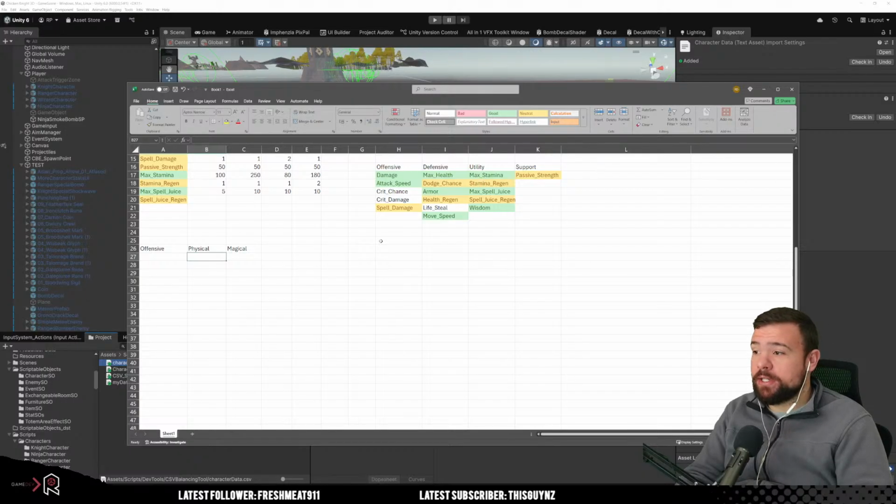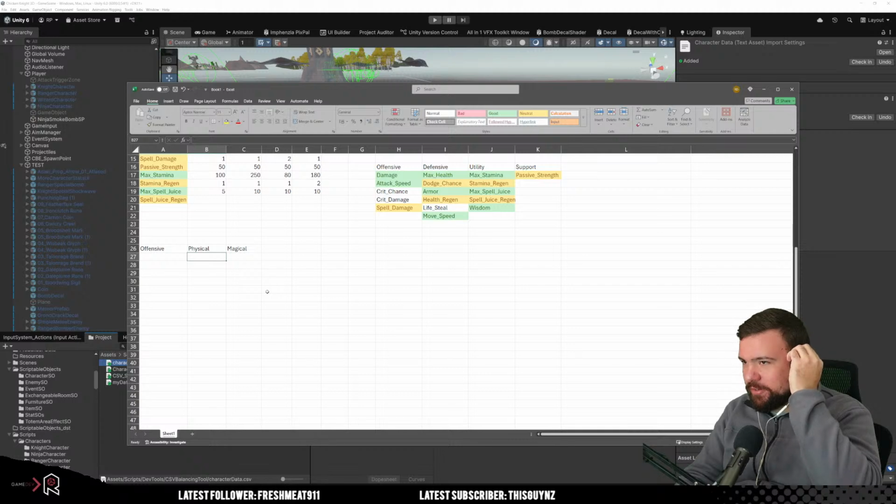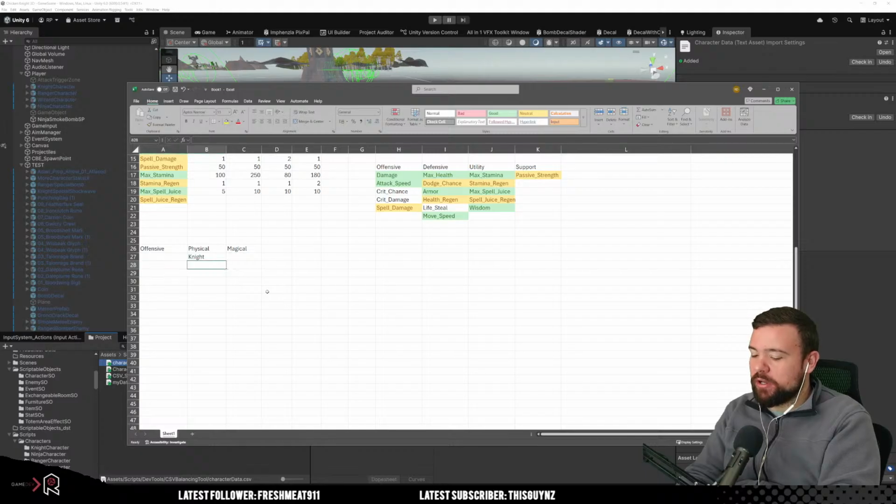So for the knight, the offensive is physical and is physical in nature. So let's do knight, ranger, and then ninja. Magical will be the wizard,